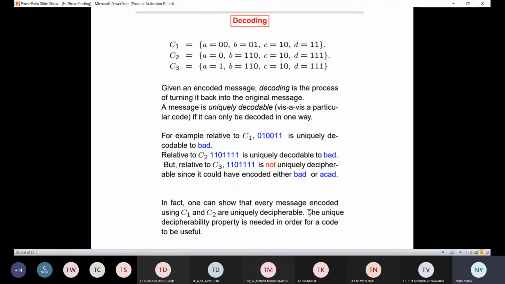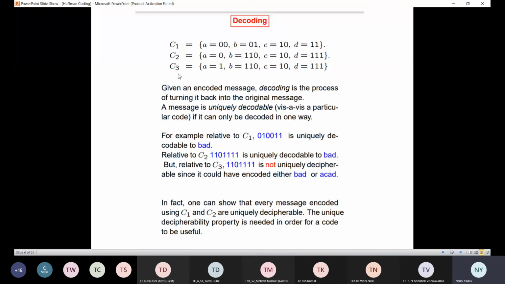Now if you go to C2, what is written in C2? See here, 110100, correct. Now see what happens in C2. What is 110? B, right? 110, what is it? B. Now what do we have? We have 4 times 1. So this should actually be 0. So this is my A, and 111 is represented as D. So this is also getting uniquely decoded as BAD, correct.